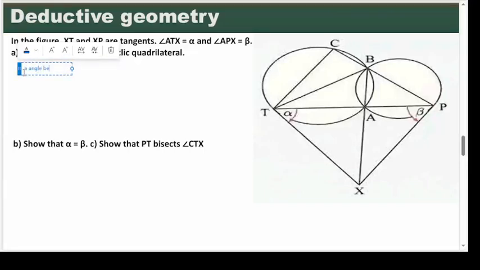The angle between a tangent and a chord. So I use this rule here which says I have a tangent here, XP, and a chord that makes beta. So if I subtend a chord with the alternate segment, this angle B,